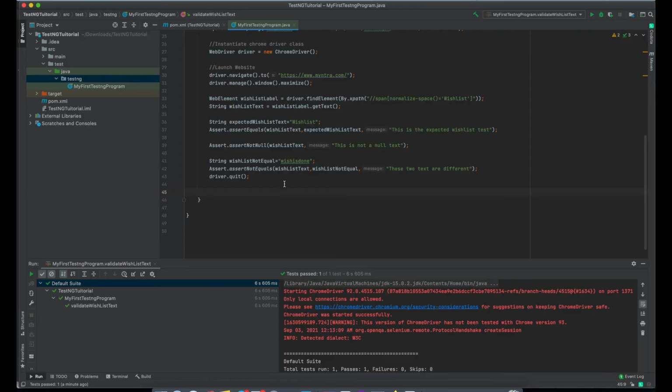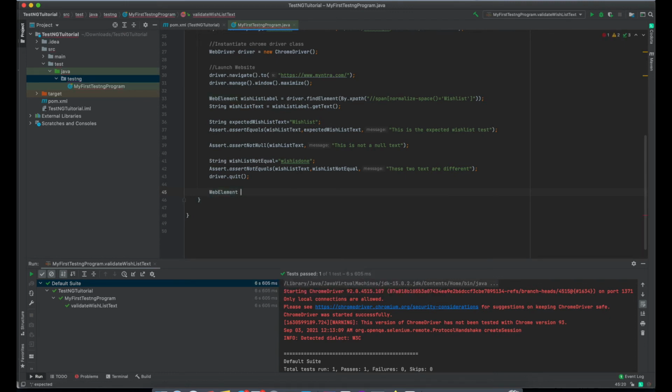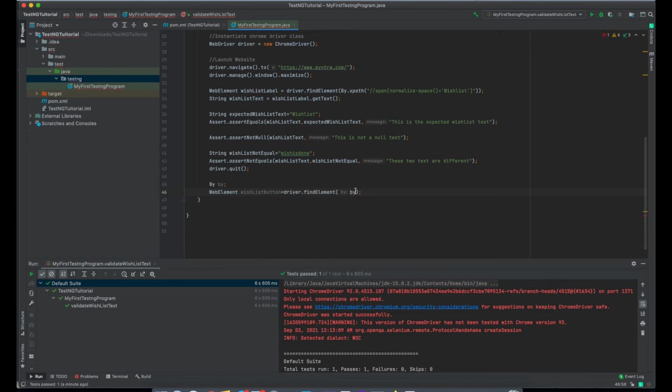In order to assert that, we are going to create a new web element, and in that web element we are going to create a variable wishlist button, and that button will be driver dot find element by, and by xpath.